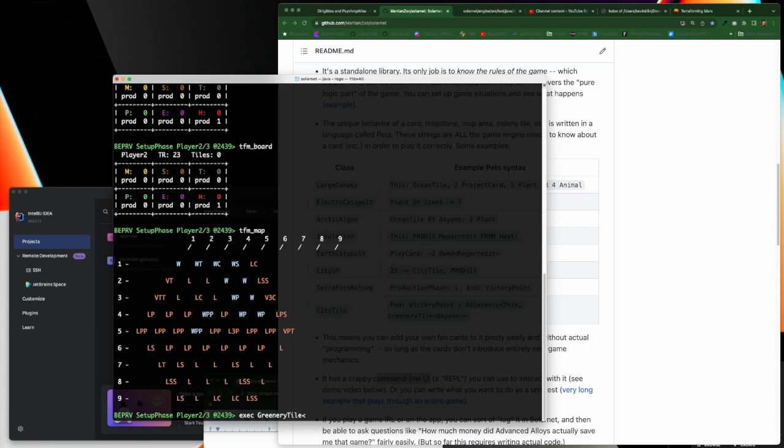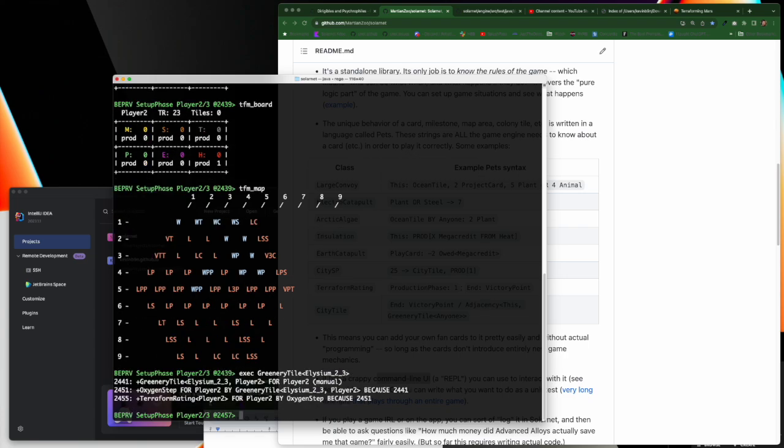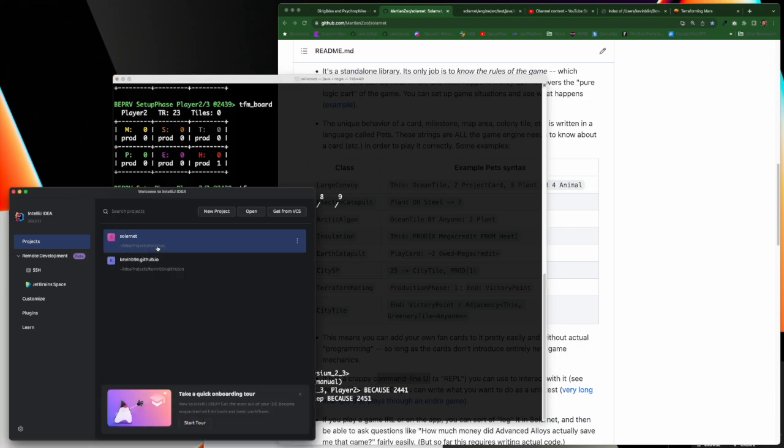So remember, in green mode, you can initiate whatever you want, but then you will get the consequences of what you did. So if we create a single greenery tile, this will show a chain reaction effect. It created the tile as event 2441. Because of that event, the greenery tile itself added an oxygen step. And then because of that event, the oxygen step added a terraform rating. So it handles all of these effects, and it does so based on, again, this custom language that I've been alluding to. So let's